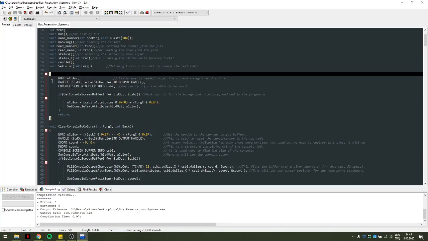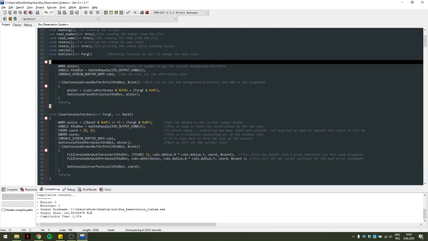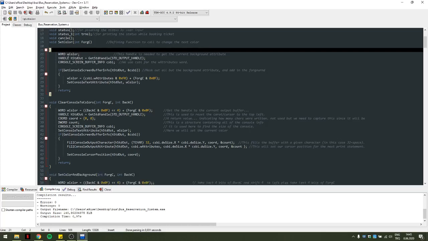WORD vColor to handle is needed to get the current background attribute. HANDLE hStdOut to output handle, std output handle. CONSOLE_SCREEN_BUFFER_INFO csbi we use for vAttributes WORD, and this part gets the console screen buffer info, GetConsoleScreenBufferInfo, csbi. Mask it all for background into the foreground,